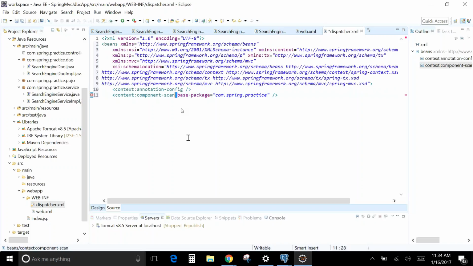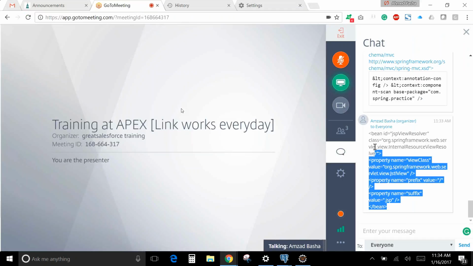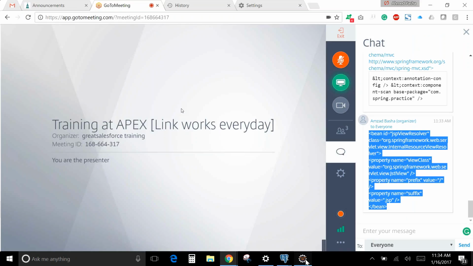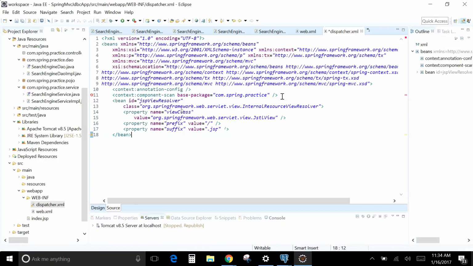Yeah, after line 11, you need to copy the JSP view resolver, which is going to utilize your internal resource view resolver by adding prefix, suffix for creating the presentation components. So copy that bean declaration after line 11. Right, Control Shift F, and then declare few more things,